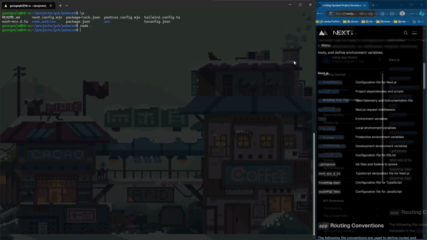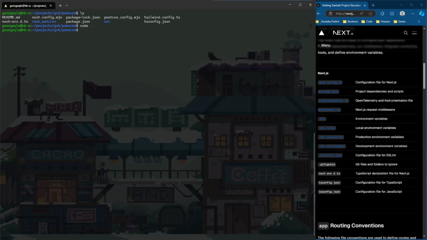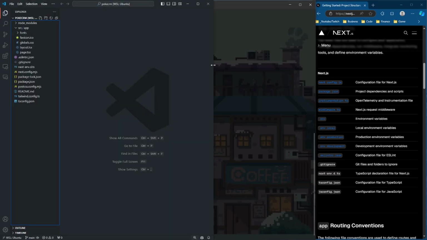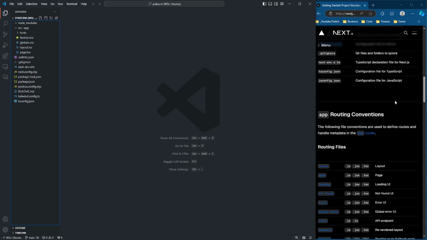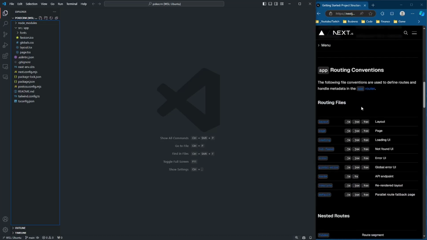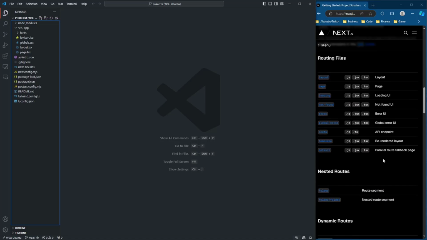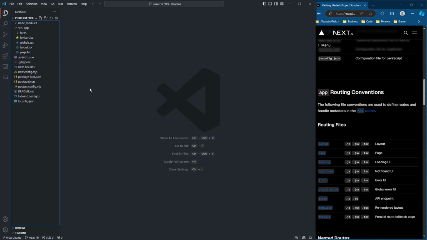And in fact, I'm just gonna extend this out a little bit and bring it back over here. We don't need to see too much on this side. So there are some routing conventions and more information that we're going to go into in a second. But in order to allow you to have an understanding of how powerful Next.js is, basically what we're going to do is